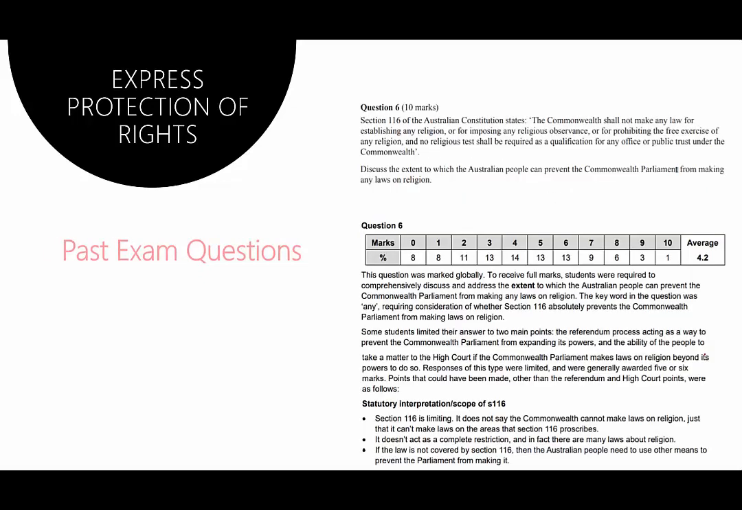So we look here at question 6 from the 2019 exam, so last year. It said, Section 116 of the Australian Constitution states the Commonwealth shall not make law for establishing any religion, imposing religious observance, prohibiting the free exercise of religion, and so on. And the question is, discuss the extent to which the Australian people can prevent the Commonwealth Parliament from making any laws on religion. So it's again a question asking you to consider both sides, discuss the extent, and it's about